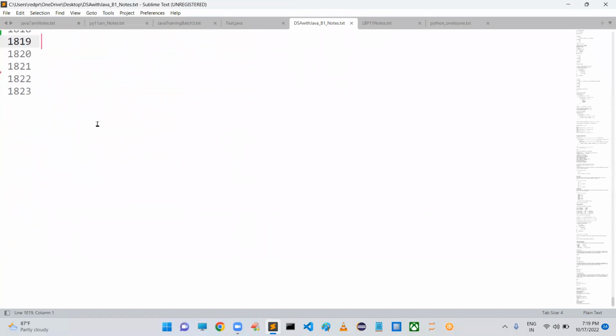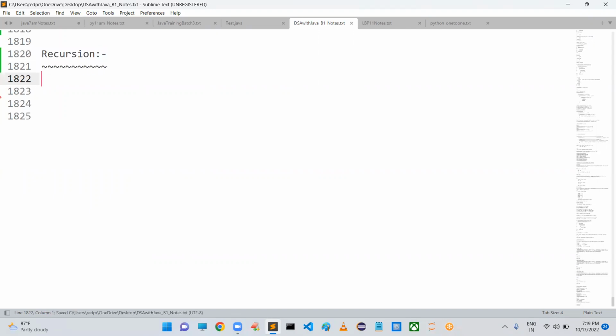Now, today, I'm going to start one new topic. I think the majority of you have heard about this. What is that topic? Can anyone please guess? Good. Some people are telling recursion, some people are telling sorting, some people are telling arrays. Very good. This week's agenda is nothing but recursion. This complete week we are going to talk about recursion. Next week we are going to start the arrays concept. After that, sorting and searching will be there.